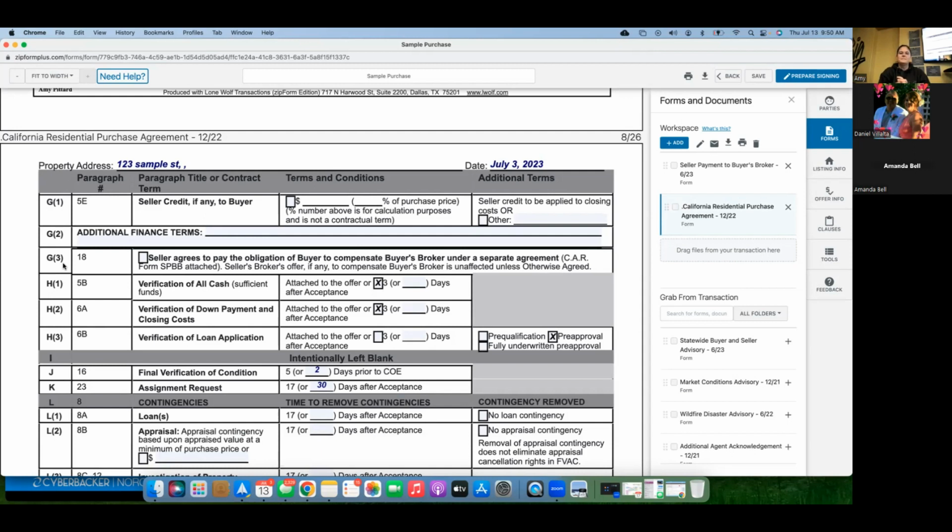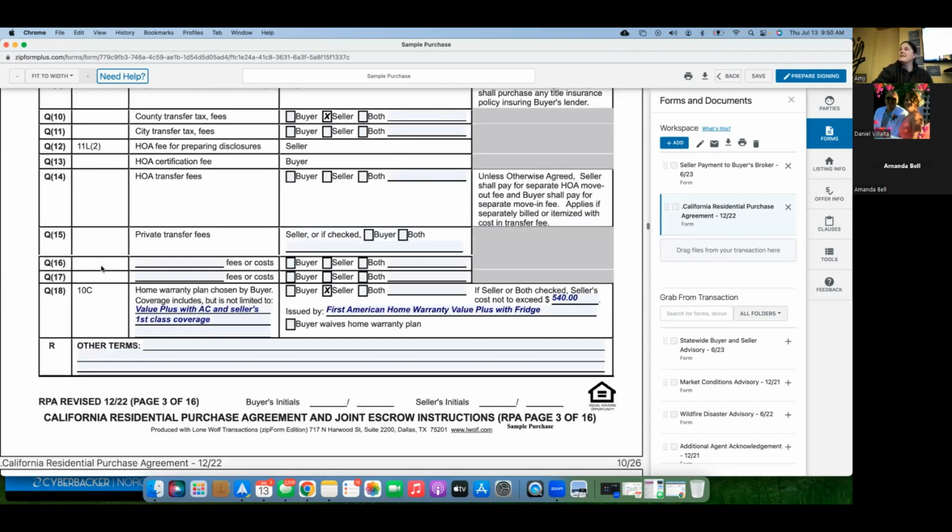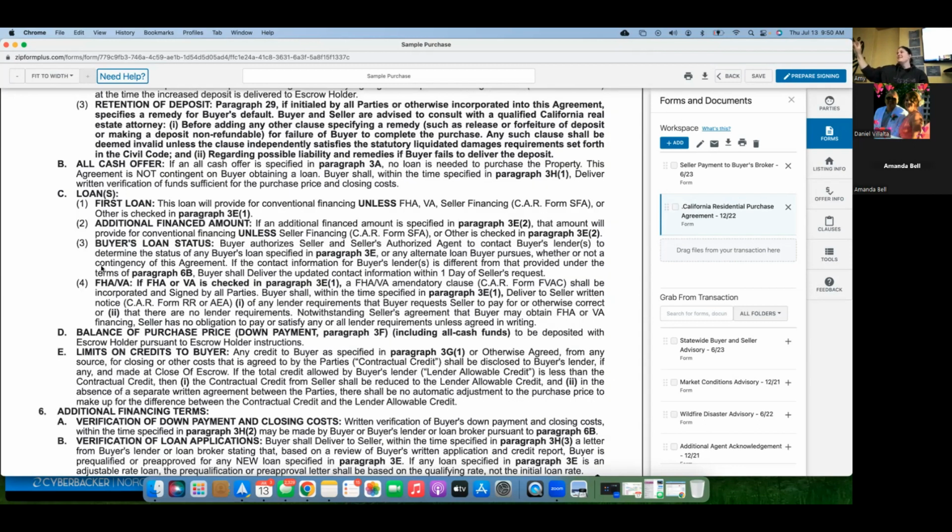Okay, so that does not need to be checked if we're just going along with what's in the MLS. Yep. That was what was confusing. As long as we're happy with what's in the MLS, that box doesn't need to be checked. Okay. But if there's, like, I've seen a bonus in the MLS, then that would be. Nope. Because the bonus comes from the seller's brokerage, not the seller. So then we would want to do a